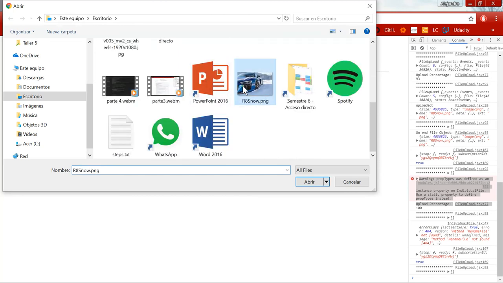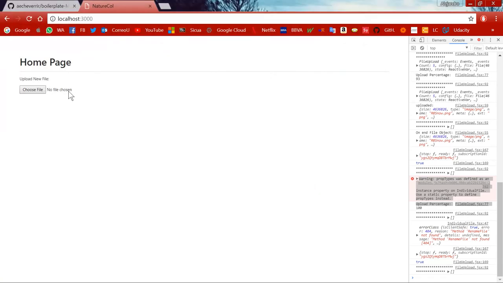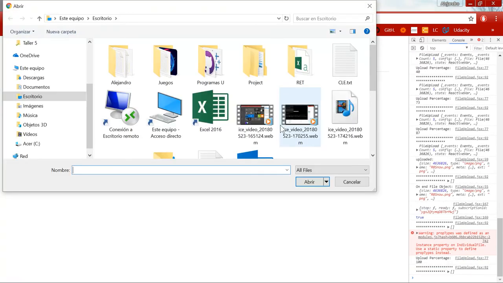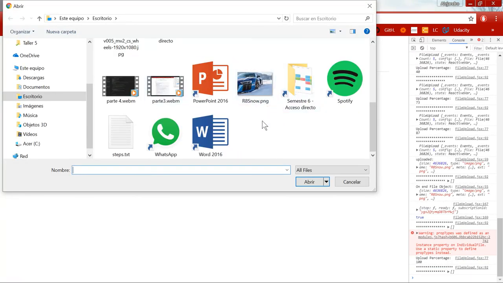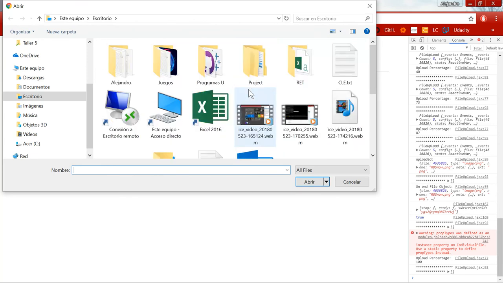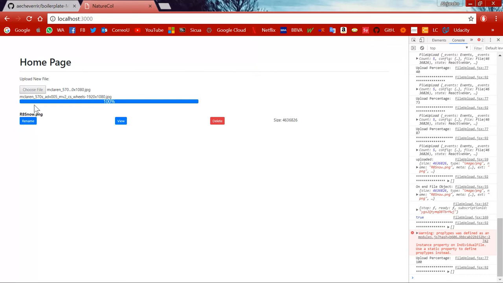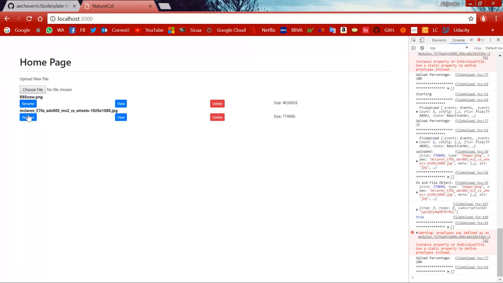If you want to see if there's more than one file, we will just have more of those objects, like the file component, the individual file component. Here I have another image. Here you can see it. Here we have 2 objects, and